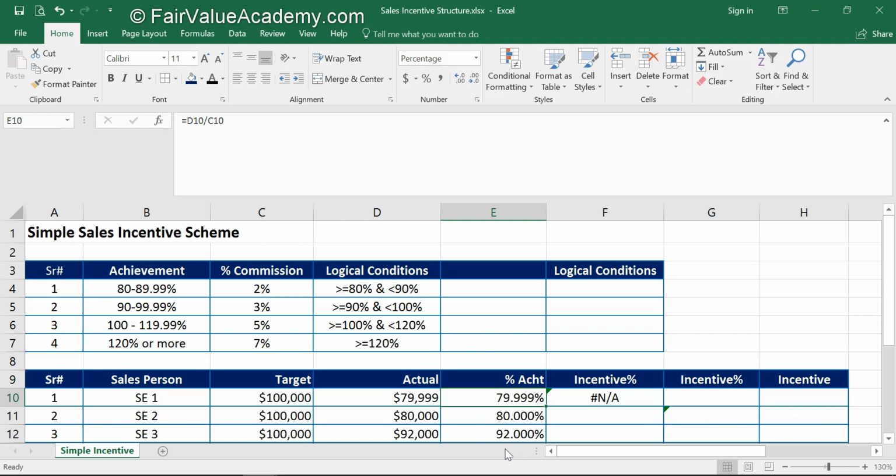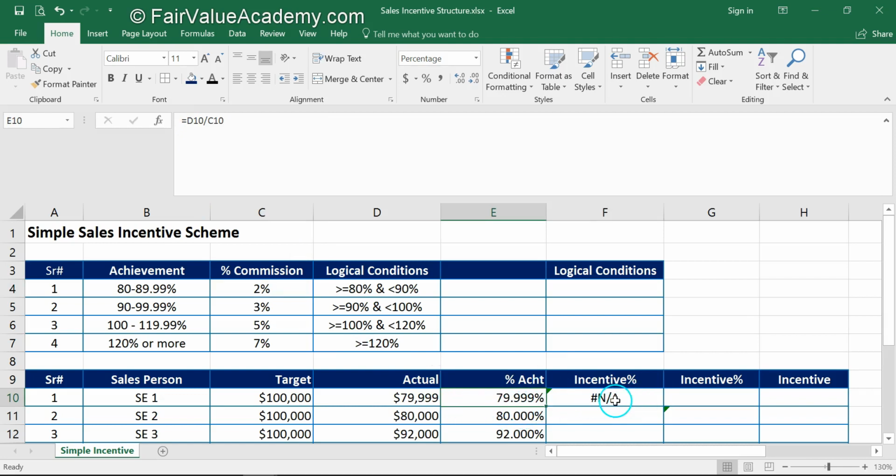So let me tell you the reasoning. Here, if you see the incentive structure, it says 80% and above, you get this commission and so on. But what happens to a person who gets less than 80%? Obviously, he is going to get 0% commission. But we have not considered that in our formula, and this particular result is less than 80%.